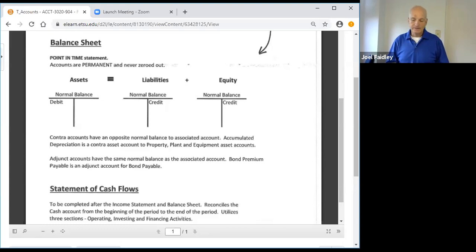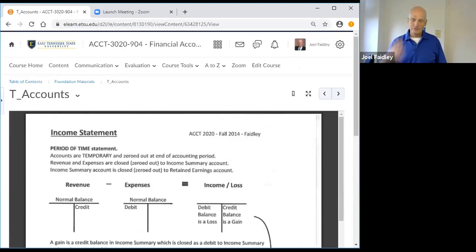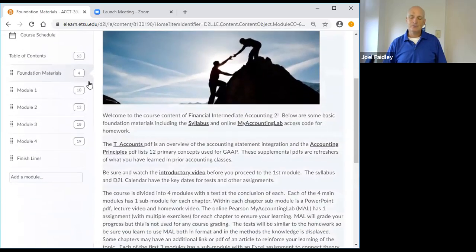All right, and then finally there, the statement of cash flows is what we'll have in the final chapter of this semester, which is really sort of a capstone chapter for intermediate, and how all our income statement, balance sheet stuff works together, and how we are able to show our cash flow statement really as cash basis accounting when we've been doing accrual basis accounting for the prior 21 chapters. So that's just a brief overview that sometimes you need to really, in your mind, keep straight what's going on with thinking about what kind of journal entries I need to make and how that impacts my income statement or my balance sheet.